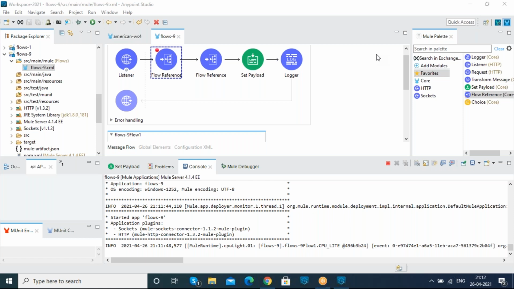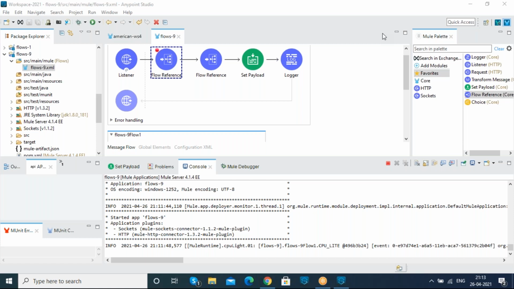Okay, where we can see the synchronous flow, asynchronous flow, and how to structure our project in real time, and how to separate each and every Mule configuration file, and how to create a properties file and call the values dynamically. These are the things we are going to see tomorrow, and the day after tomorrow we are going for another project, where we are going to fetch the data from predefined RESTful services, SOAP services, and database.